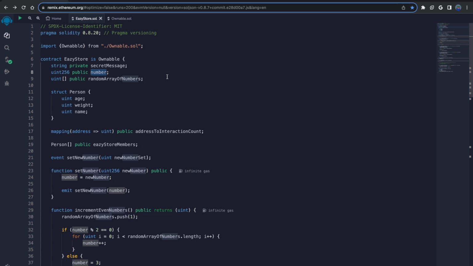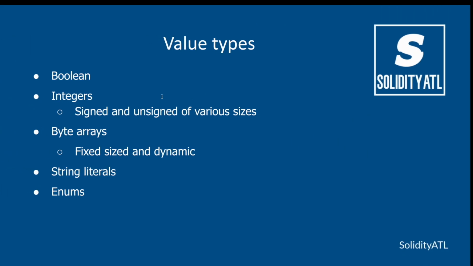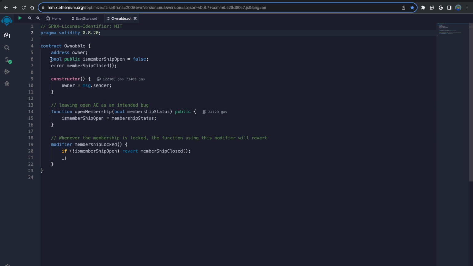So when you're working with any type of number, you're going to use either uint or int. And so also just to work our way down here, I believe we talked about booleans. So we're going to go into this contract here. This is how you create a boolean here.